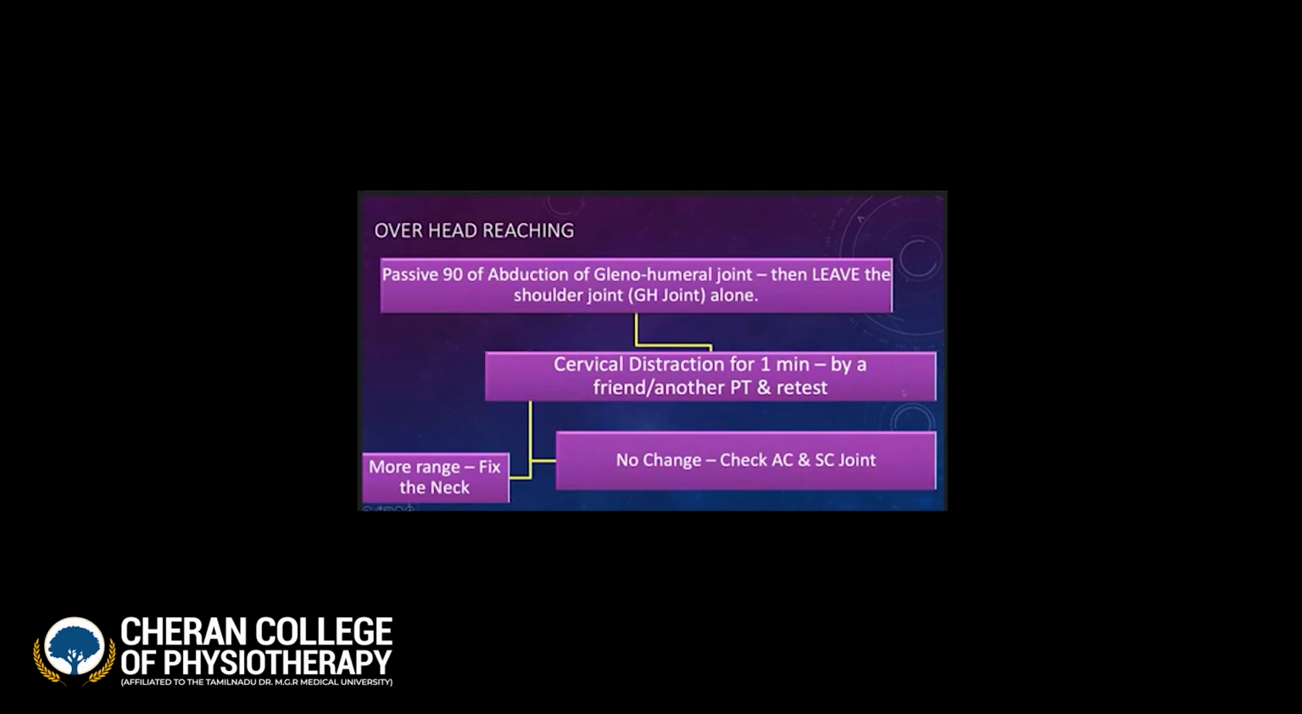So if a patient comes with shoulder pain, you're assessing the glenohumeral joint. You're doing a special test, you're doing a ligament stress test, all the provocation tests. And you're saying, you know what, the shoulder joint is really good. So the key is, you make the patient lie down. If you can passively do 90 degrees of abduction of the glenohumeral joint, that means if you can raise the patient's shoulder up to 90 degrees with no pain,